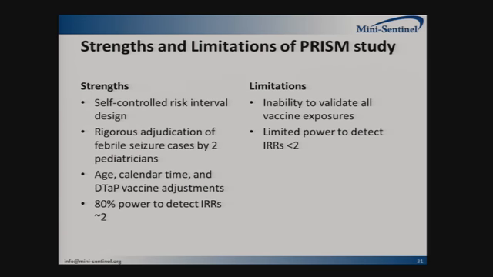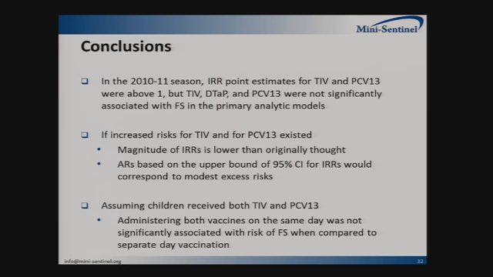And finally, for my conclusions, we conclude that in the 2010-11 season, the incidence rate ratio point estimates for TIV and PCV13 were above 1. However, TIV, DTaP, and PCV13 were not significantly associated with febrile seizures in the primary analytic models. We can't rule out the presence of increased risk for TIV and PCV13. However, if they existed, we conclude that the magnitude of the incidence rate ratios is lower than originally thought, as well,